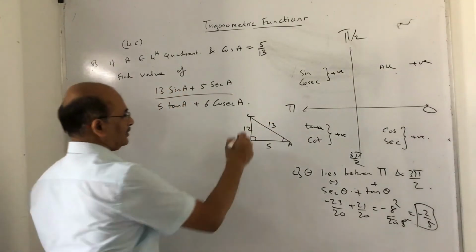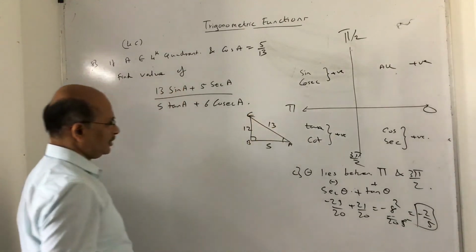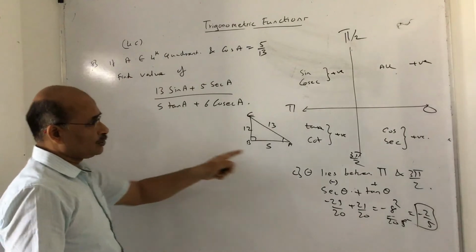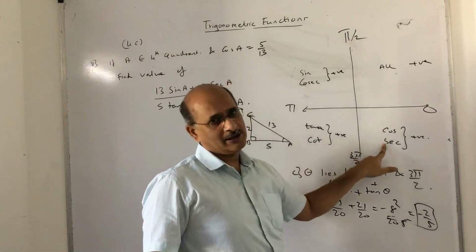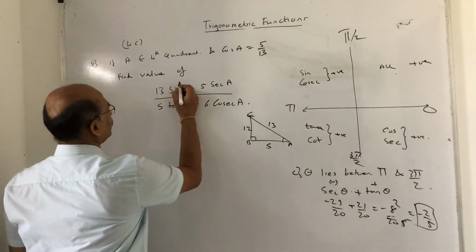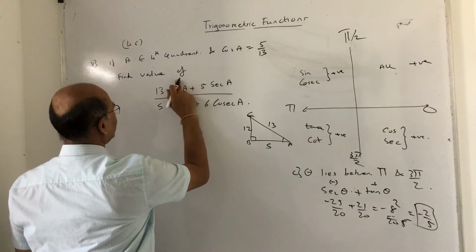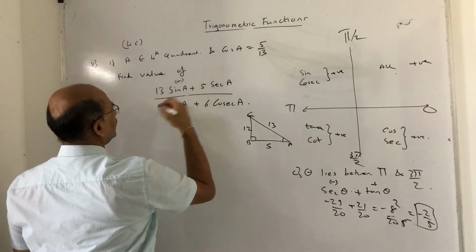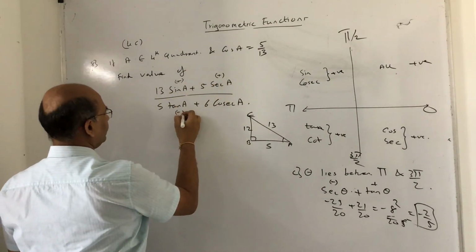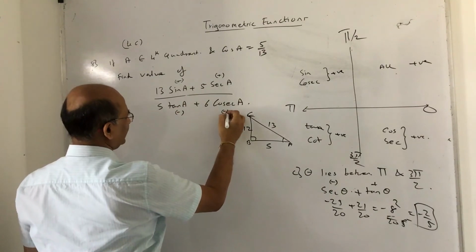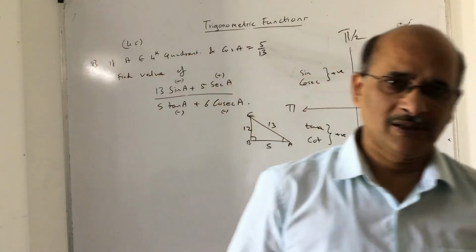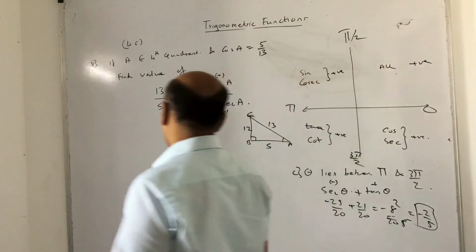Now, having said that, once you finish with this, how do I go about it? First of all, A is in the fourth quadrant. So in the fourth quadrant, what is positive? Only cos and sec are positive, remaining all the other ratios will be negative. So you can put the sign for negative. Sec is positive, tan is negative, cosec is negative. This convention I am using just to ensure that you don't commit mistakes. Okay. Now let us start.